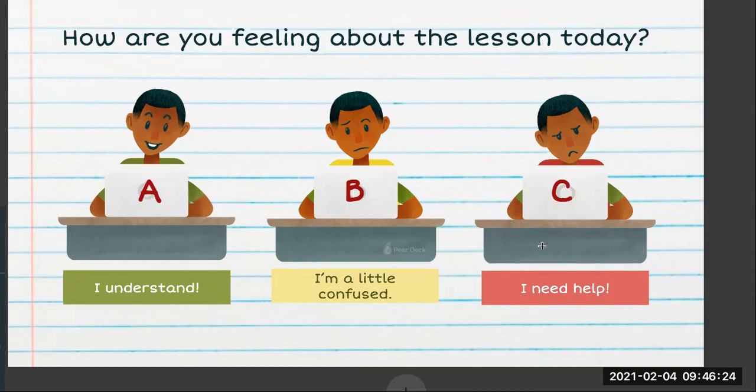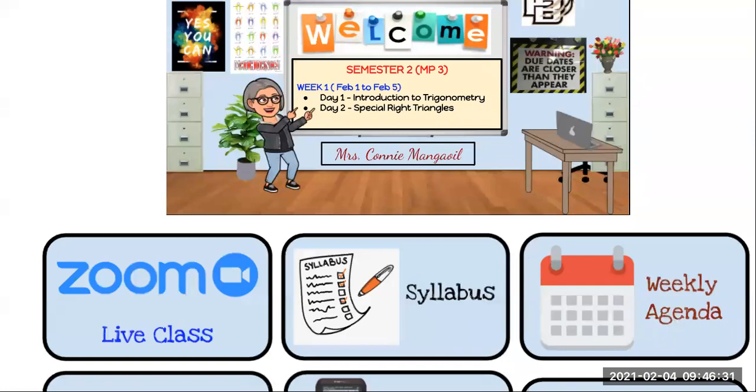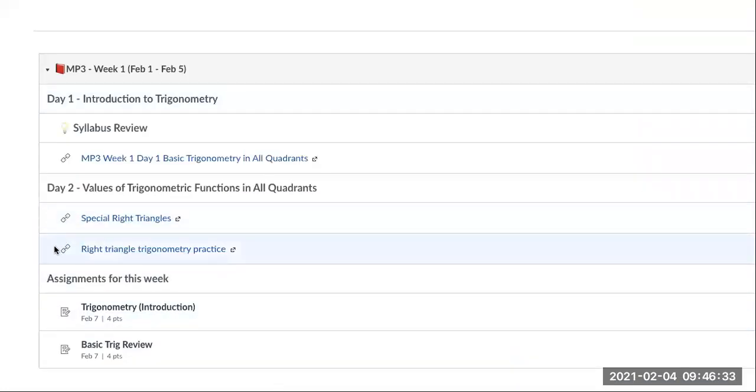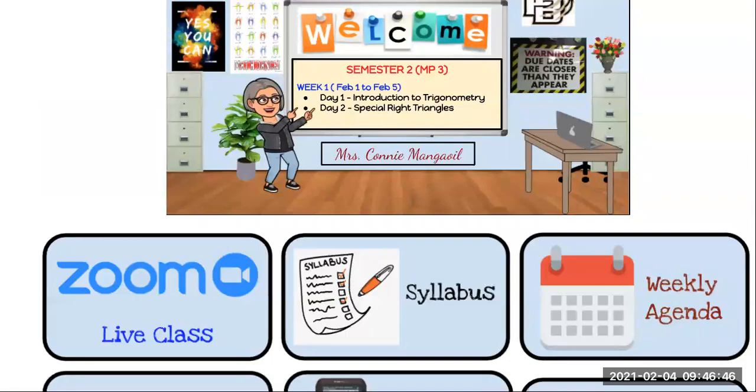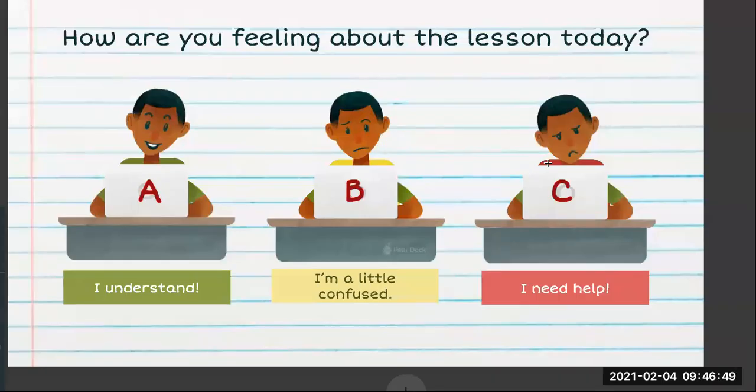Okay, so if you answered B, where is it? This one, on day 2, the right triangle trigonometry practice, this would help you, okay? And if you are still confused and your answer is C, then I would urge you, if the Desmos practice does not help,